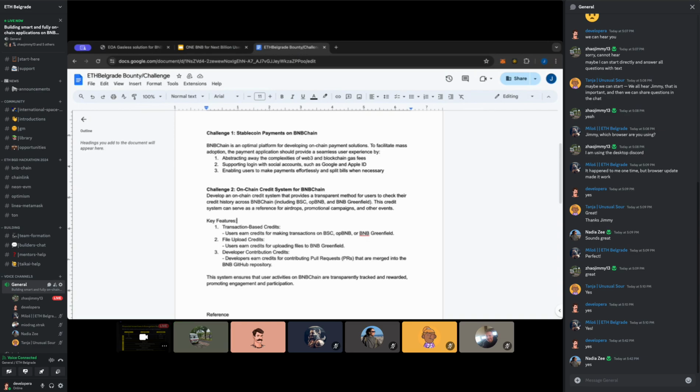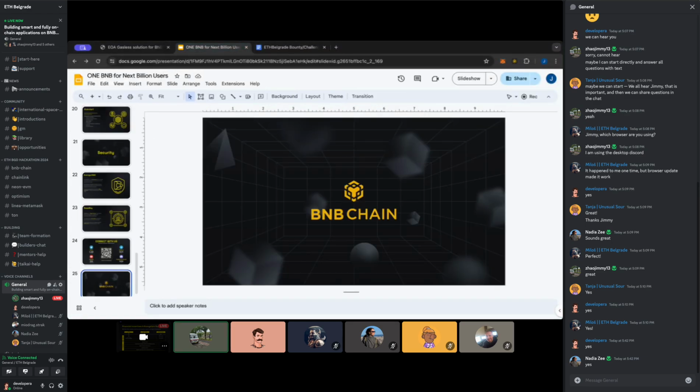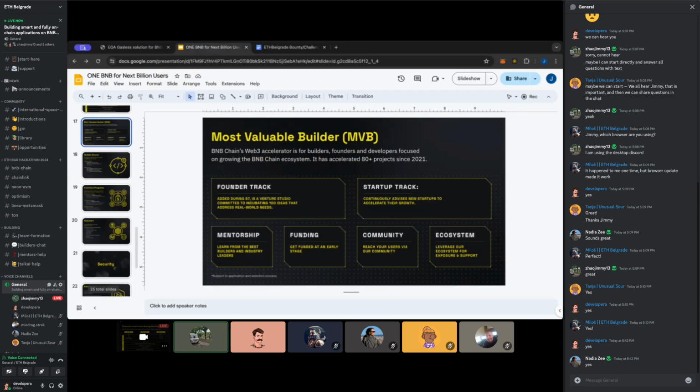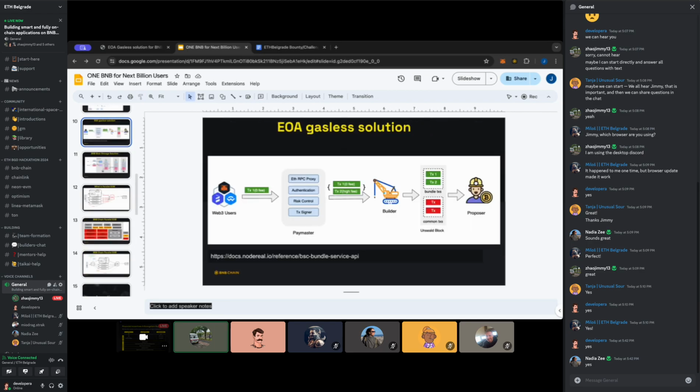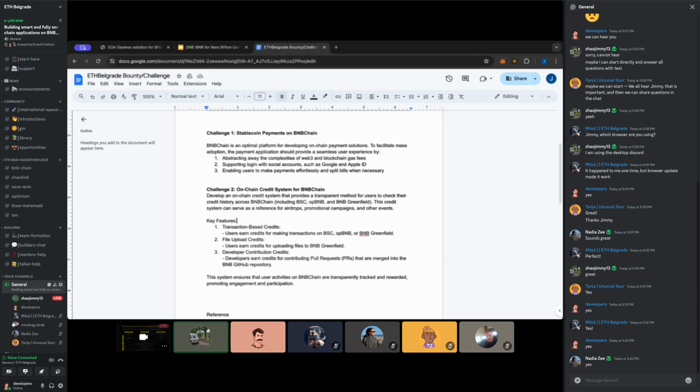You can think of it as stablecoin focused. And just as I mentioned earlier, we do have the gasless solution. If you can integrate the gasless solution into the payment system, that will be better for the non-Web3 native users, who do not have to worry about the gas fees.